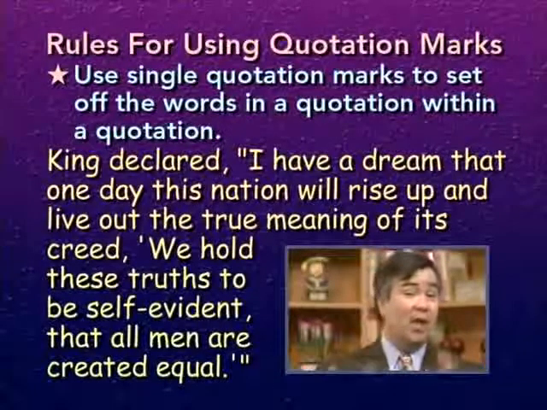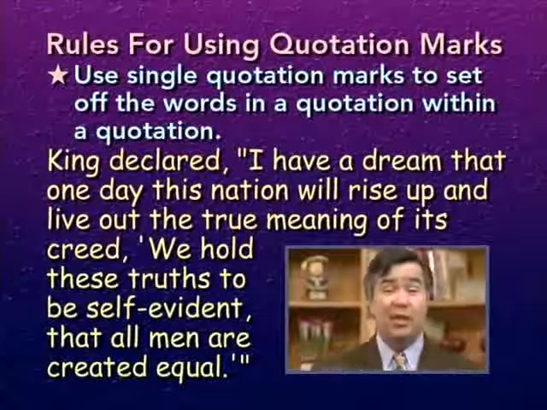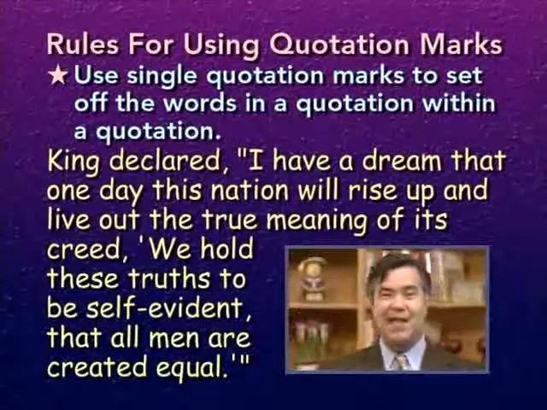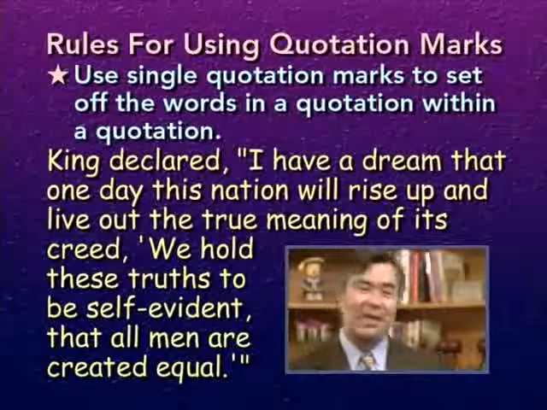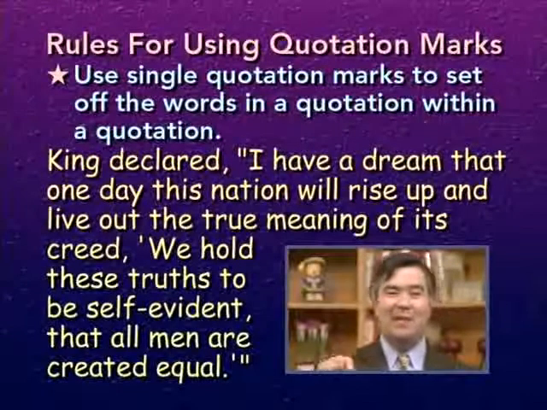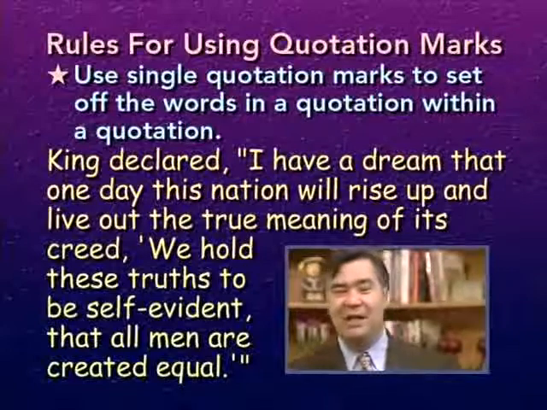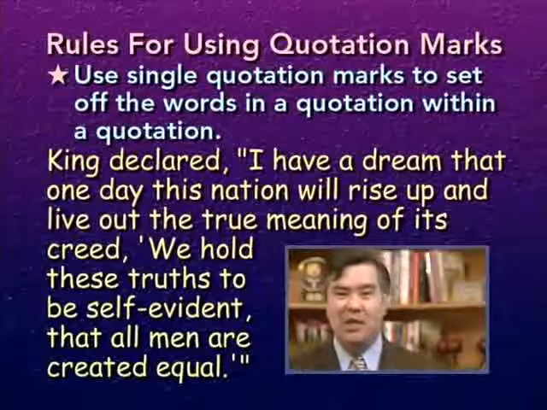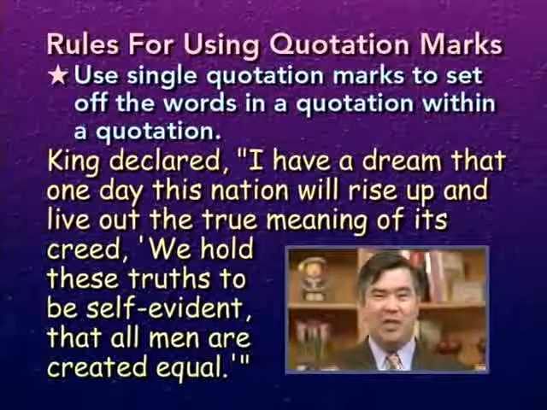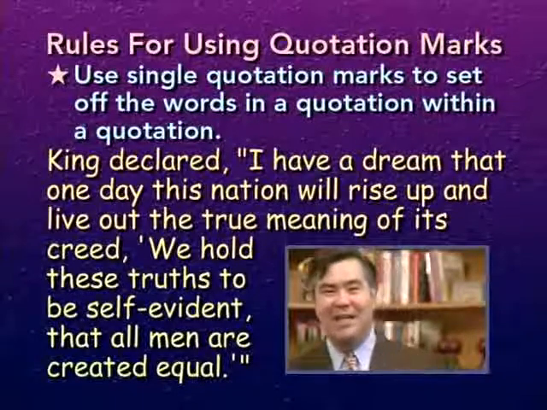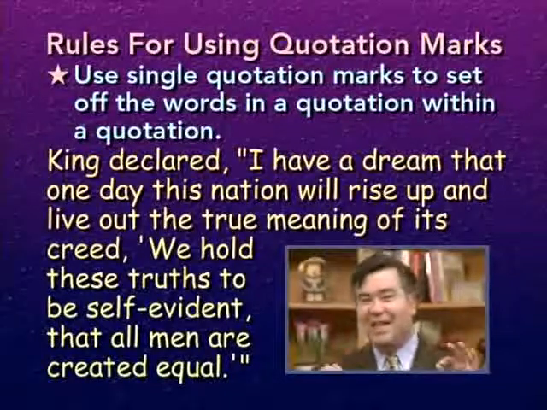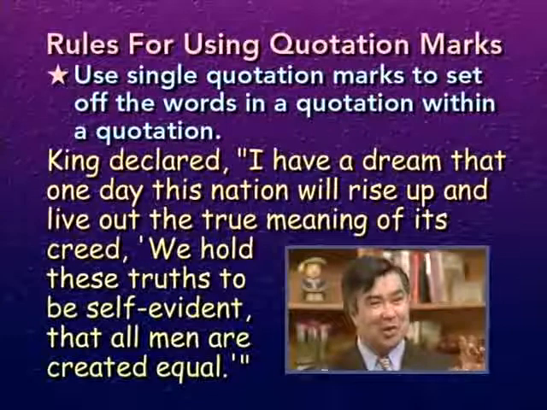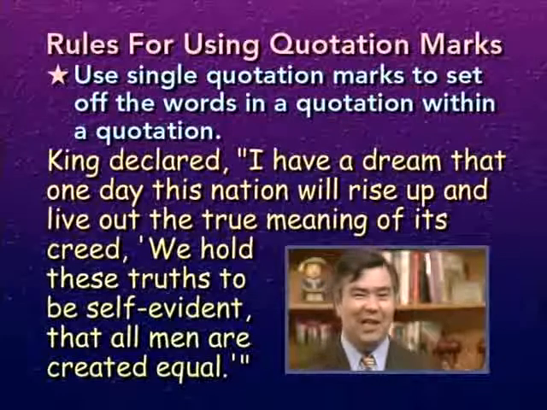Because all of that is what King said as he got up on the podium on that important historical day. All of that is what King said, so all of that is contained within the double quotation marks. But then within the quotation, where King was himself quoting the Declaration of Independence, we use the single quotation marks to set off those words and make it obvious to the reader where the quotation within the quotation begins and ends, which does mean that at the end of the sentence, the single and double quotation marks appear together. It's a little tricky, and you have to look closely to see what you're seeing, but that's the right way